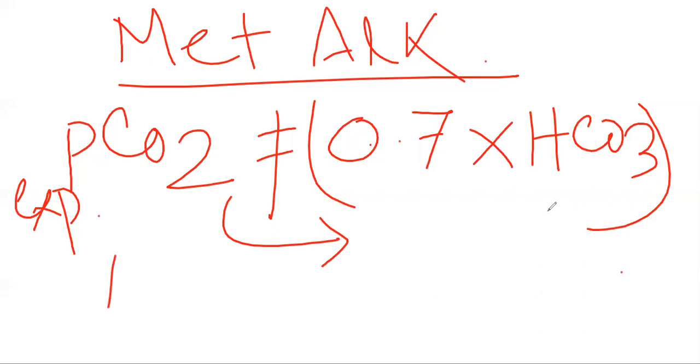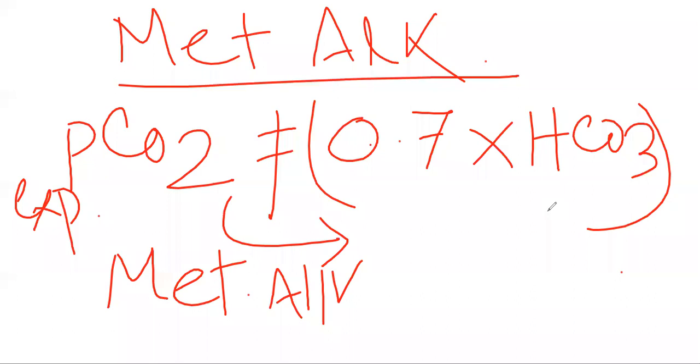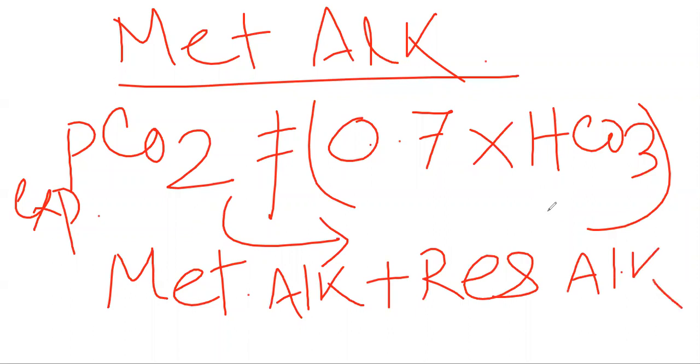At that time, you have to choose the option that is metabolic alkalosis along with respiratory alkalosis. So again, if it matches that equation, then the option should be metabolic alkalosis along with the compensatory respiratory acidosis. But if it does not match that equation, that time the answer should be metabolic alkalosis along with the respiratory alkalosis. This is due to a secondary disorder.